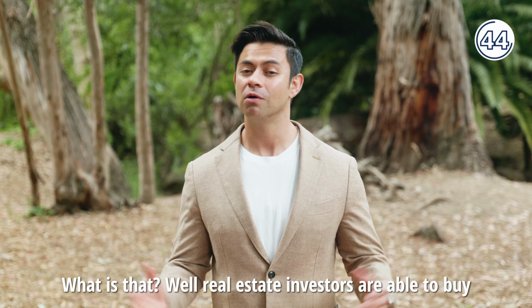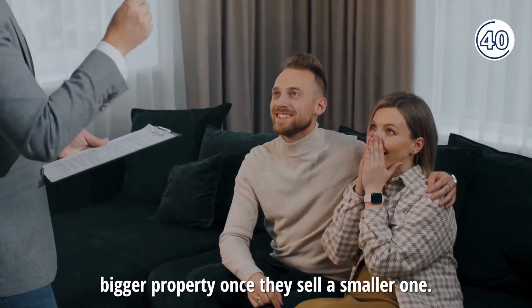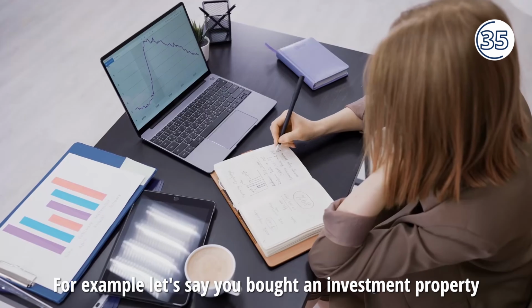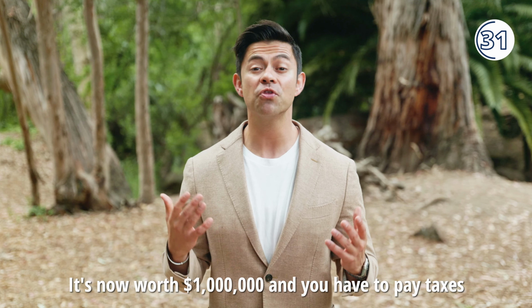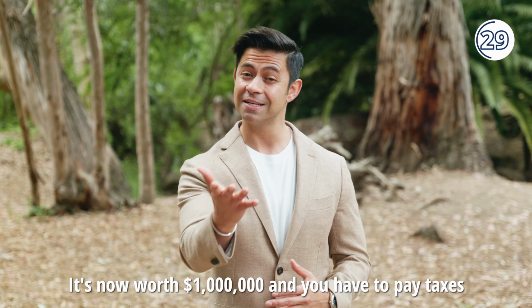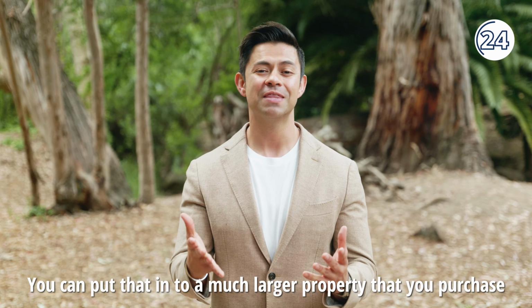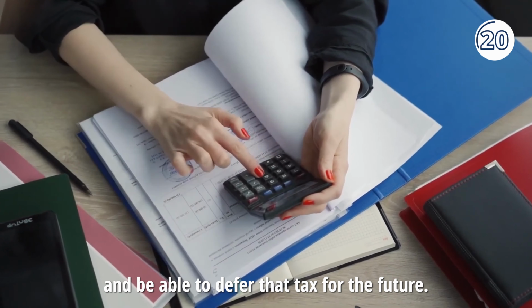What is that? Well, real estate investors are able to buy bigger property once they sell a smaller one. For example, let's say you bought an investment property for $500,000 5 years ago. It's now worth $1 million and you have to pay taxes on $500,000, right? Wrong. You can put that into a much larger property that you purchase and be able to defer that tax